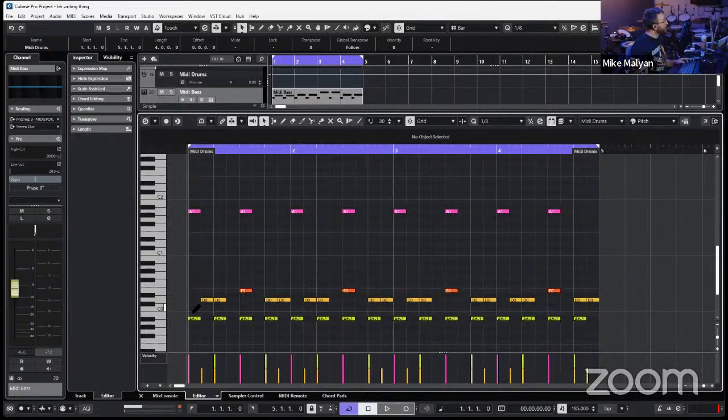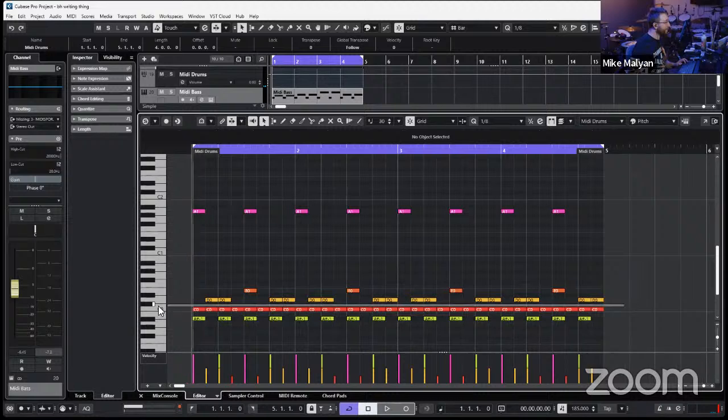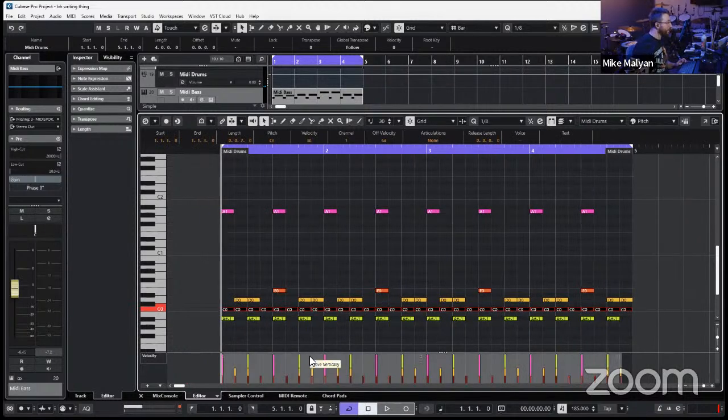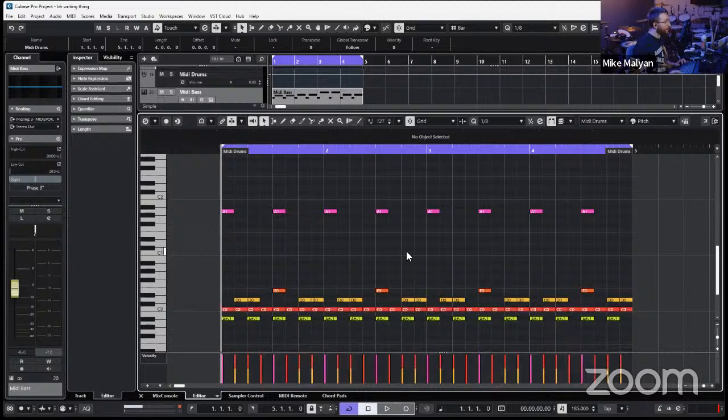So what we're going to have is just now making our decisions on what means that we put a kick on it. Because it's very easy to just do something like this. Oh, I forgot to increase the velocity. So these are now the world's most quiet kick drums in the world. There we go. So this is the easy overlay of like, well, this is metal, so here's double kick.